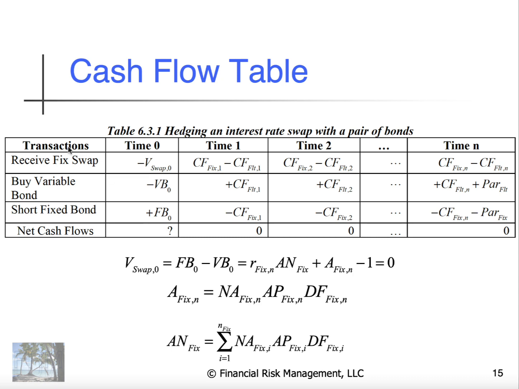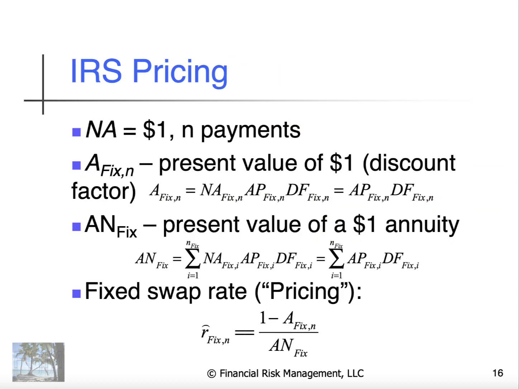If it's positive, I'll do this set of cash flows. If it's negative, I'll do receive floating and short a variable and buy a fixed and turn that negative cash flow into a positive. Well, with this particular setup, I can solve for the equilibrium swap rate and hence price the swap. If you'll notice the math, you can check the details out later, but the math works out to be 1 minus the